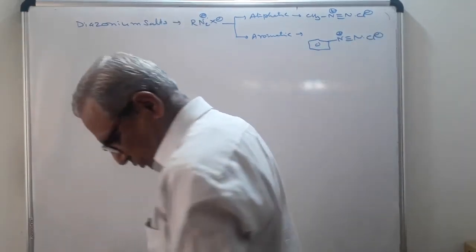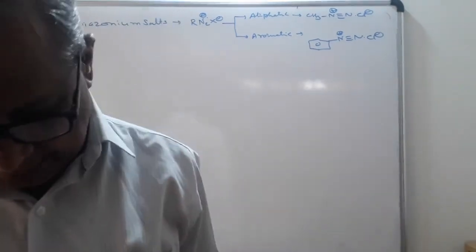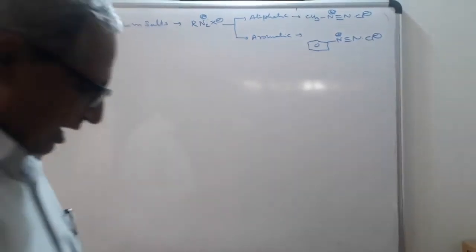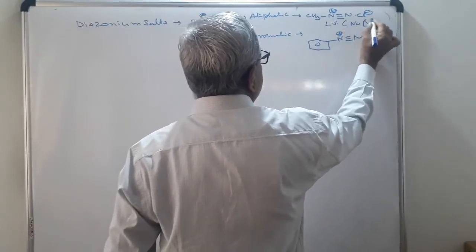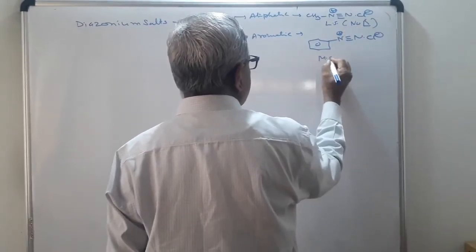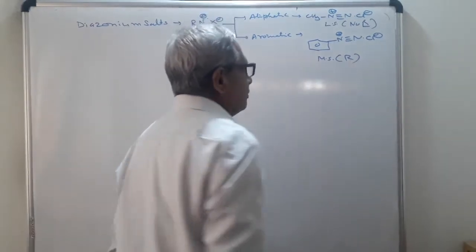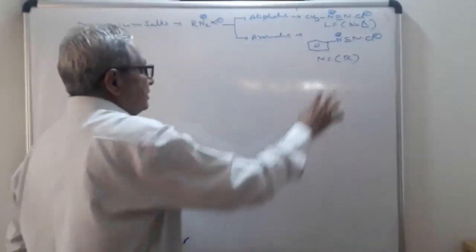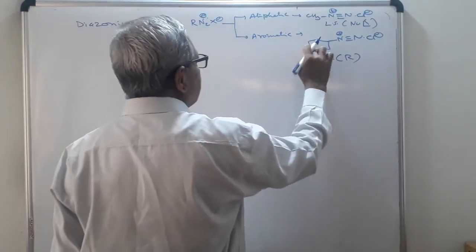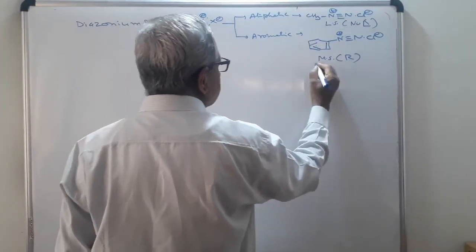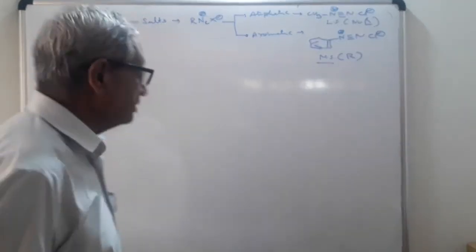See the names of these two compounds here. One is methyl diazonium chloride. This is aliphatic. This is less stable because there is no resonance. This is more stable because of the resonance. We can draw here the resonance. The triple bond present between the nitrogen atoms is conjugated with the benzene ring, therefore it is more stable. So this is the first important question.